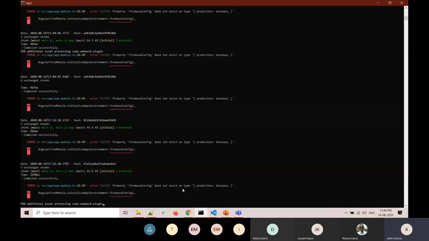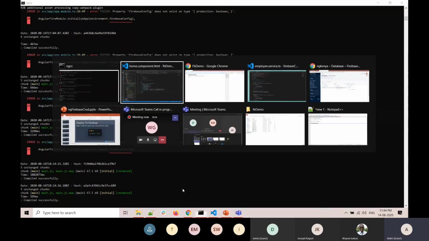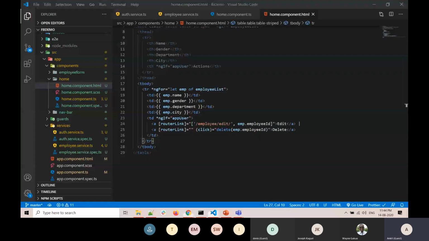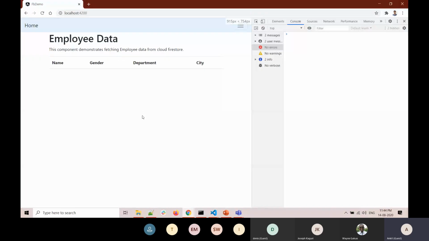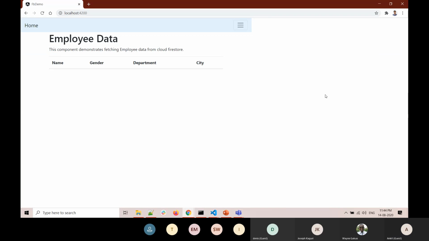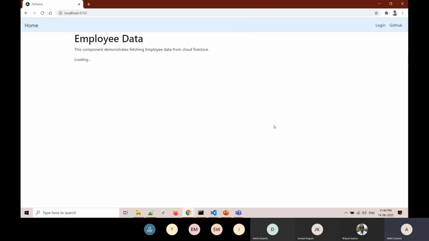Now I think this application is already running. Yep, the application is running. So this is the home page. On the home page, you can see no data is coming because we have not added any data at this point of time, and we are seeing the table only.